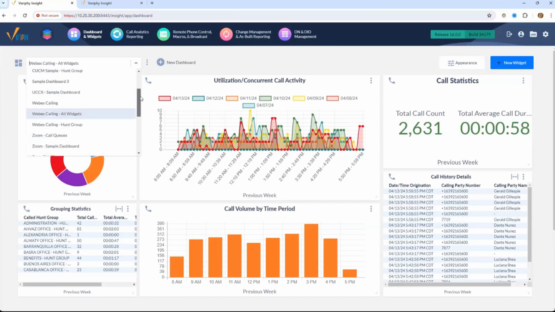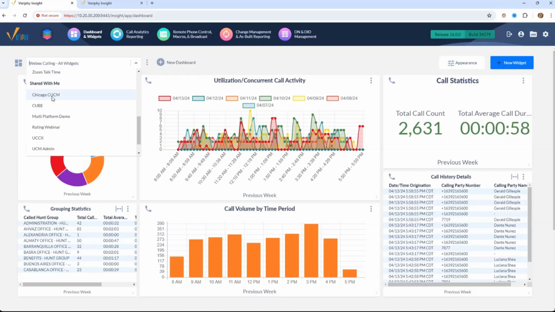It's alphabetical, and then at the bottom you'll see a list of dashboards that have also been shared with you. So within Verify, users can share dashboards with other users or with other user groups. And then by going to one of these shared dashboards, you can't modify the user's dashboard, but you can make a copy of their dashboard or a copy of their widgets,